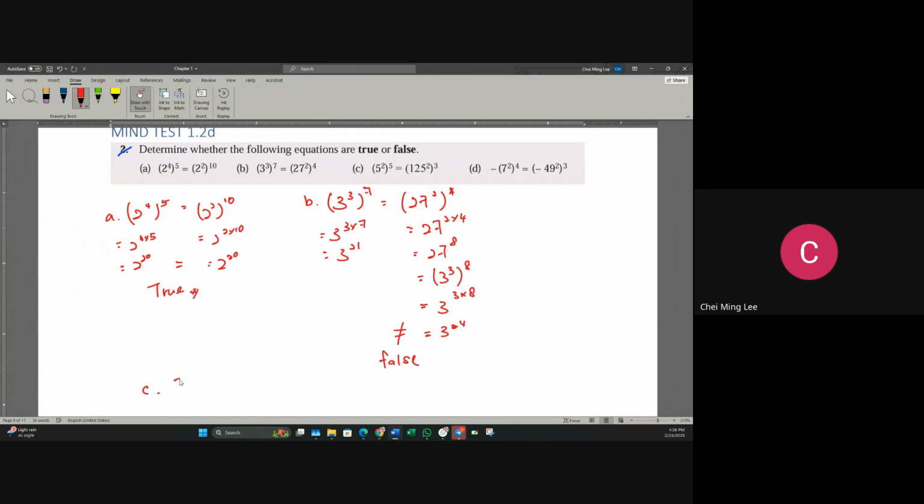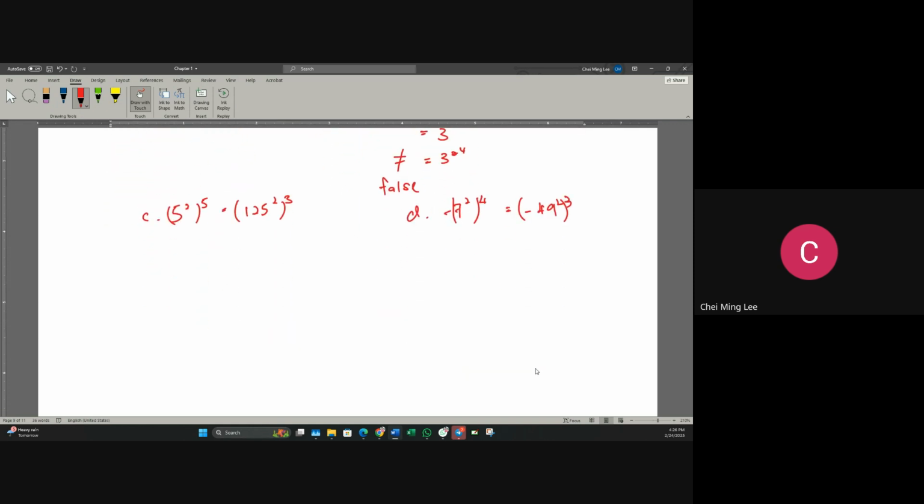Now for C, 5 to the power of 2, power of 5 equals 125 power of 2, power of 3. And then D will be negative 7 power of 2, power of 4 equals negative 49 power of 2. Sorry, this is 3, this is 2. Okay. Now, for this one,